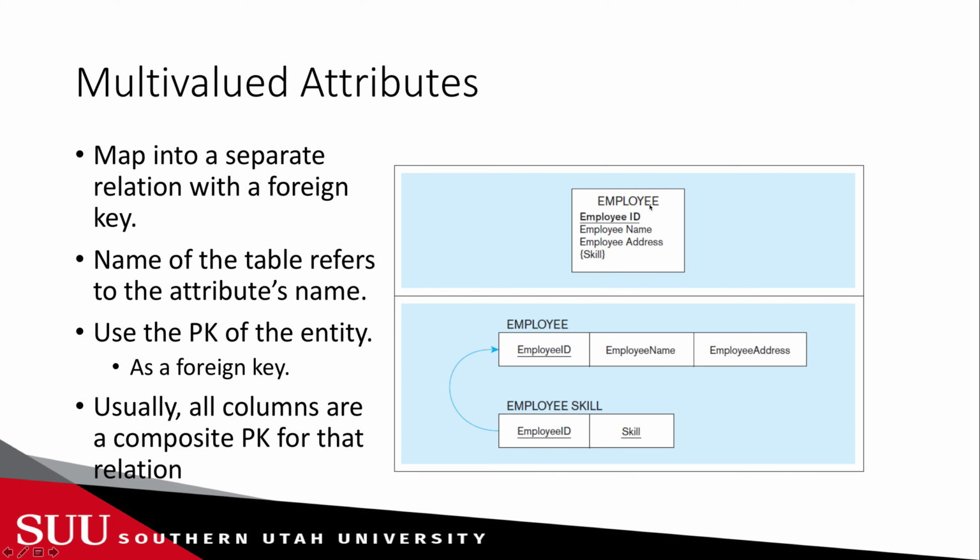So we have the employee entity type, and then we have skill as a multi-valued attribute. So we will map employee ID, employee name, and employee address. And in this case, we consider that employee address as a simple attribute, and that is why it's mapped directly. But then for skill, we will create a new table or a new relation, and the name of that relation is going to relate to the attribute itself. And we will use employee ID and skill itself as a composite primary key, and employee ID is going to